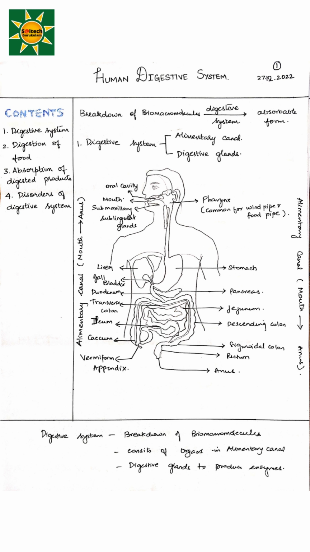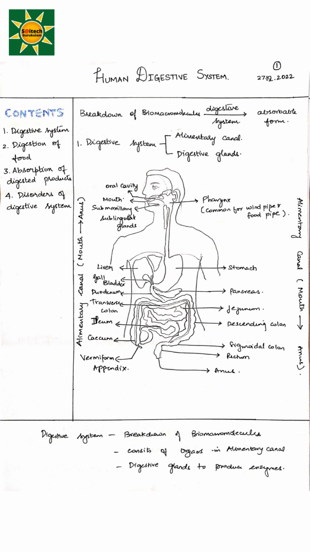stomach, in which the food is stored for at least 4 to 5 hours. And there is also the liver, gallbladder, and the pancreas. The food from the stomach then enters the small intestine. The small intestine consists of three parts: the duodenum, ileum, and the jejunum. This further leads to the large intestine, which consists of cecum, colon, and the